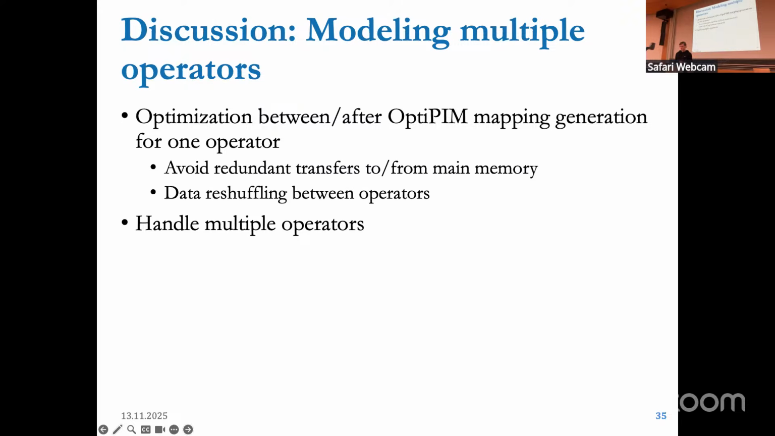Okay, the OptiPIM paper has the problem that it only cares about one operator and not what happens between these operators. And we would probably like to remove redundant transfers into main memory. And maybe once we've generated one operator, it may even be worth it to take a less optimal mapping, given that our processing memory layout has been generated, because then we don't have to reshuffle between these processing and memory